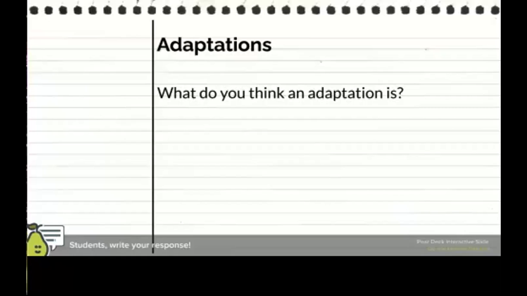I put adaptation is when you make an action to change into an environment or to blend into one. Okay. Thank you. Abigail. Adaptation is when an organism changes its way of life to fit the environment around them to survive. All right. Thank you. I know there's more hands up, but we're going to move on here.